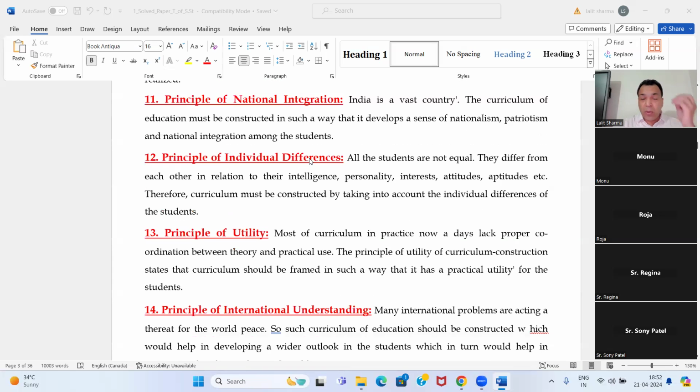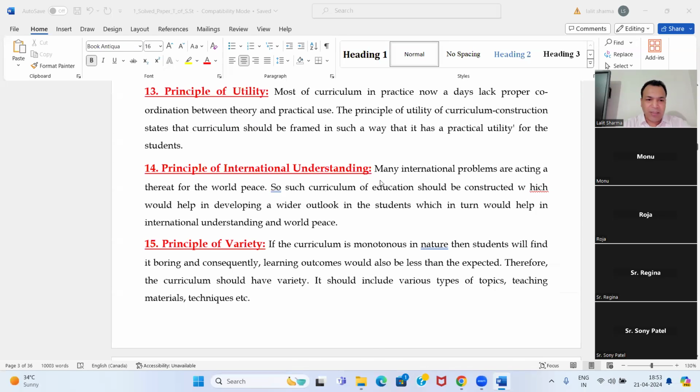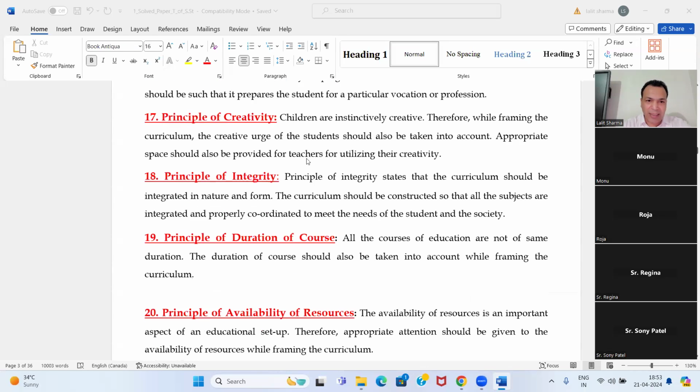Principle of individual differences, look, this topic is also the same, this heading is also the same. Principle of individual differences, you have to keep the individual differences in a class. There are some average students, some intelligent students, some below average students. So you have to keep in mind the individual differences of the students, the mental level of the students, irrespective of whatever curriculum you are making, either social science, English, mathematics, or science. Got my point, guys? Right? Principle of utility, principle of variety, creativity,